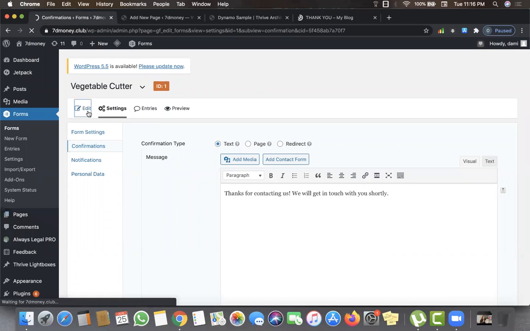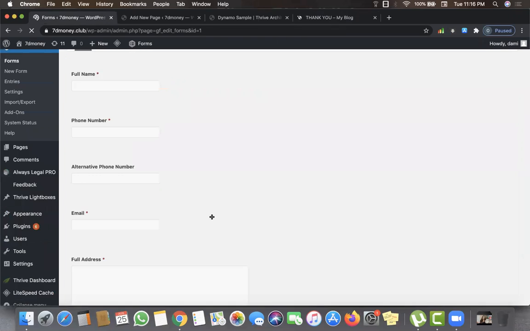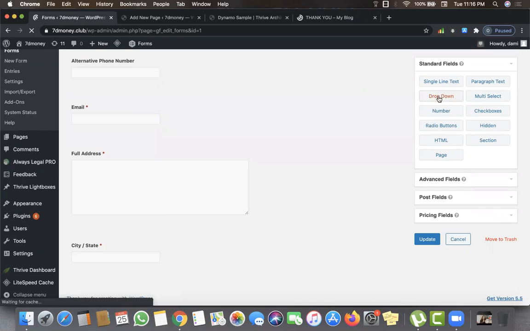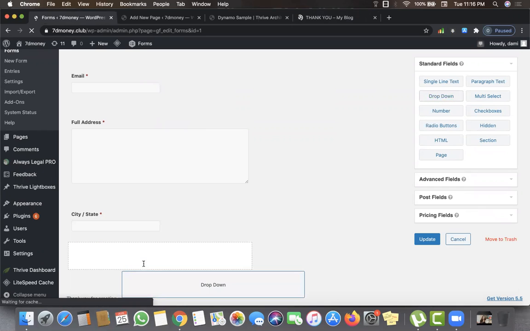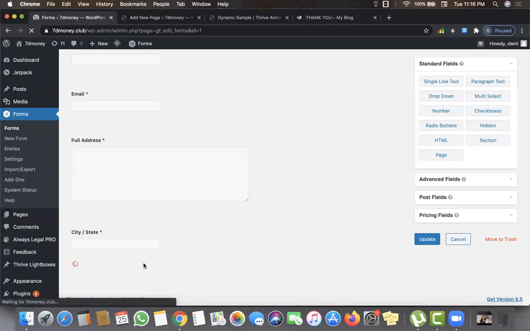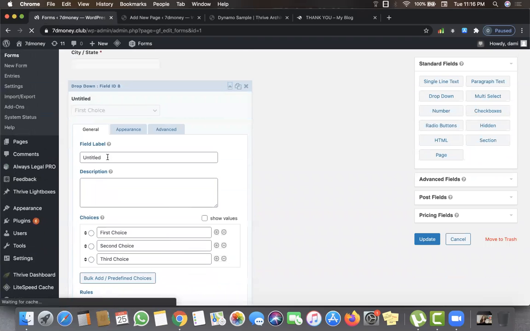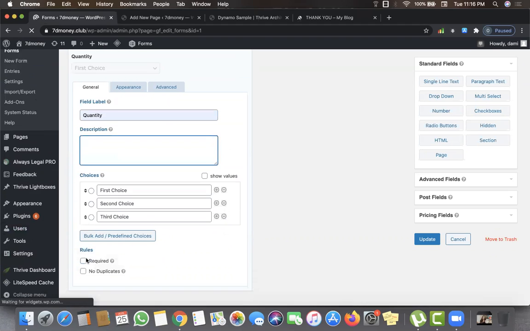So once you go back to edit here, so if you want your prices to be inside your form, you won't use quantity, you won't use number. So I'll delete this. So what you use is a drop down. Once you use a drop down, you click on it, you name it as quantity. Okay. So I'll show you difference, make it required. Then instead of this first choice, you edit it, maybe buy one